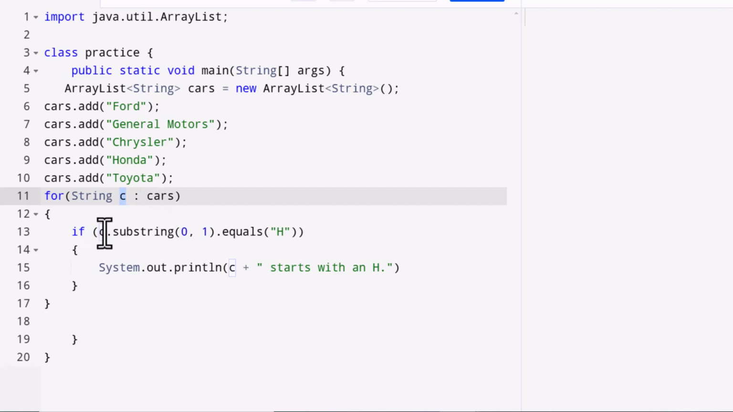So then if C, which happens to be Ford in this case, as we're going through the very first time through, it says substring, we're looking at the first letter, and if it equals H, then we're going to say system.out.print, so we're printing that one that we're on, and then we're just going to say it starts with an H. So in this case, we're looking for H. So Ford that would not work, General Motors, Chrysler, but Honda would. So if we did this right, it's going to navigate through, and it should ultimately say Honda starts with an H. All right, let's go ahead and run our,